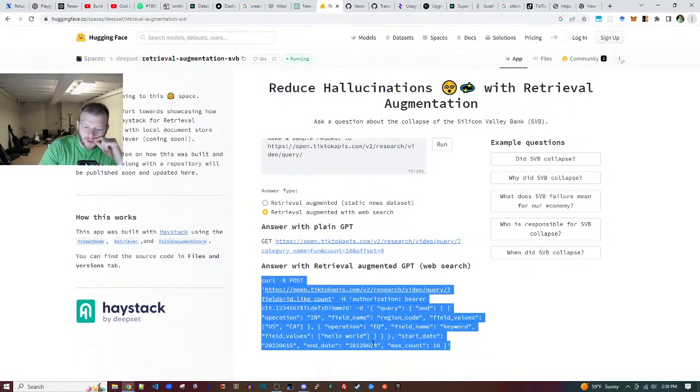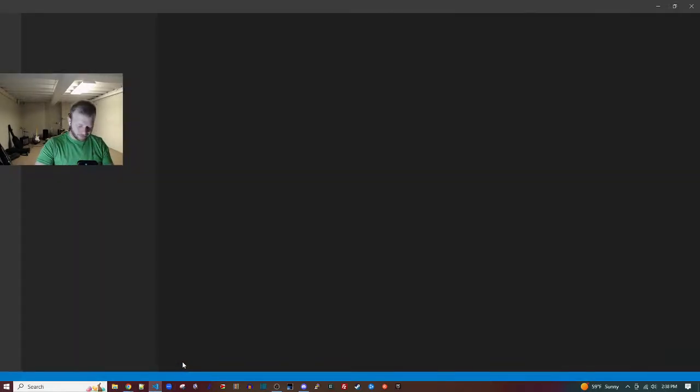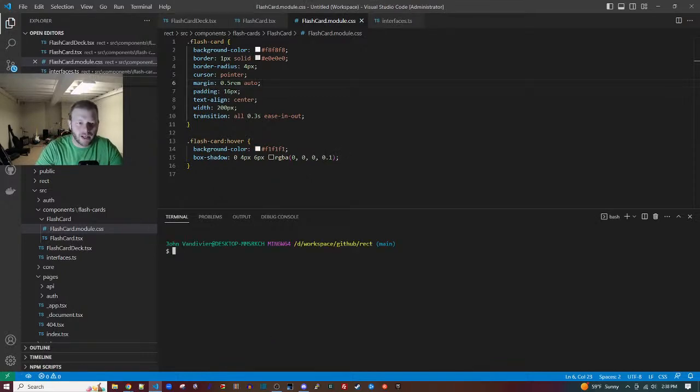Okay, so here's a curl. Okay, retrieval augmented for the win. Okay, so let me open up VS Code. Do you ever leak code? Yeah, I mean ever, yeah, but I'm not like a geek for that. James Lyon is probably your guy for that.